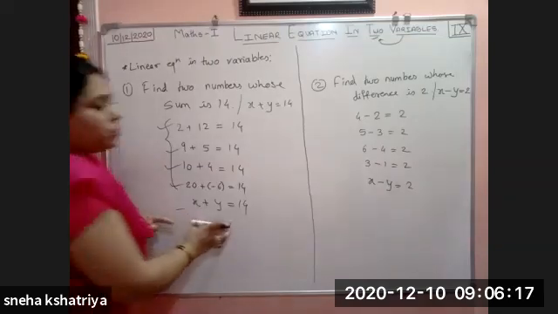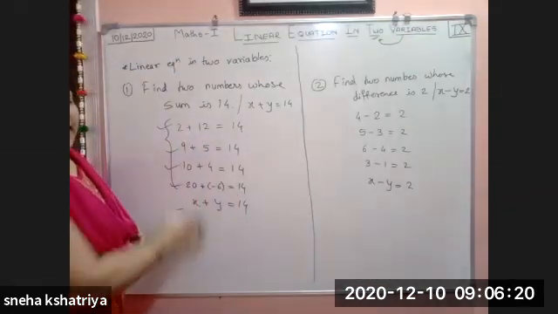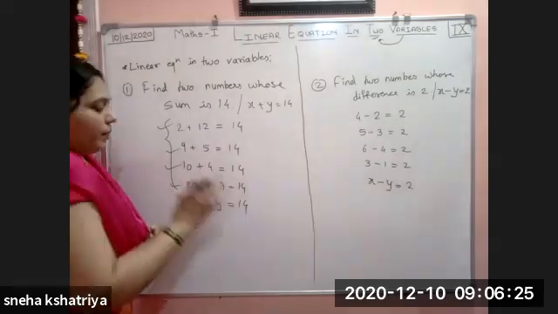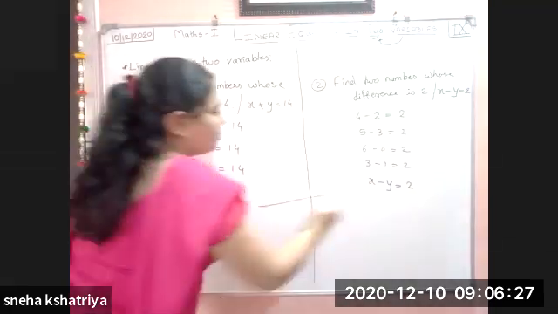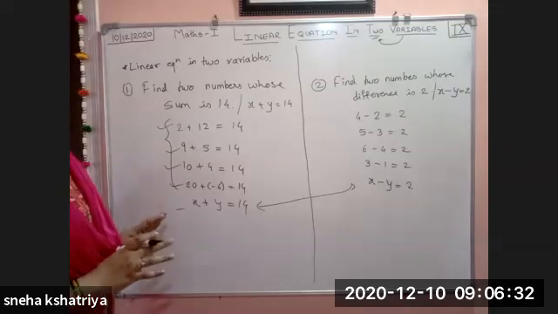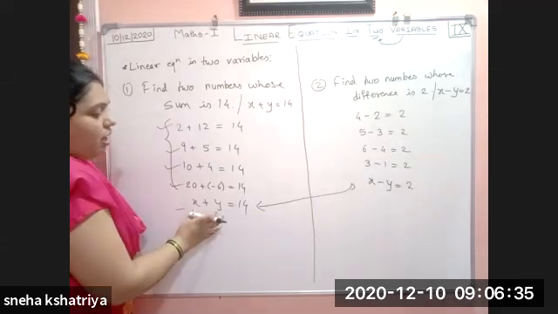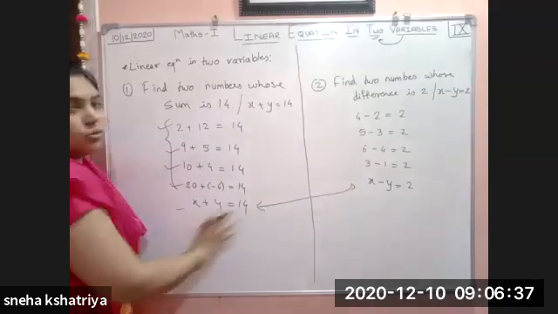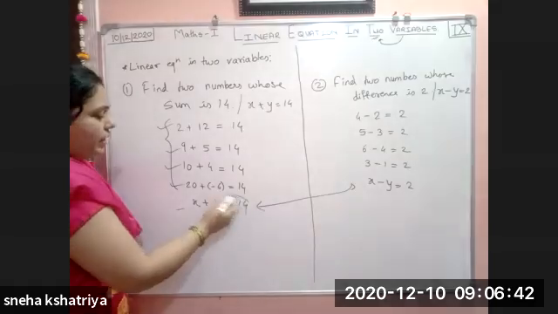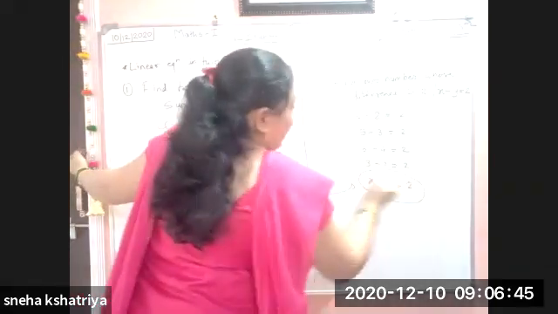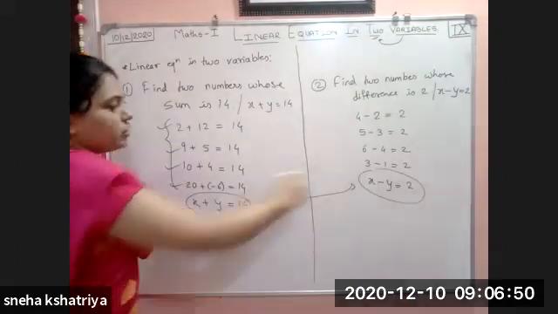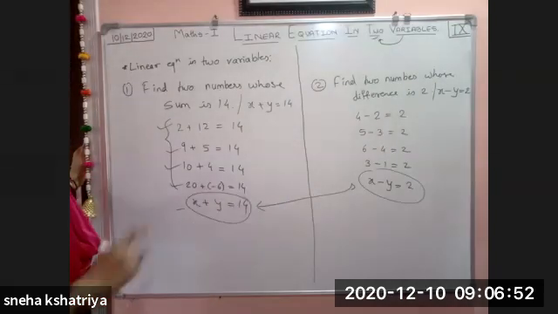Now, these two linear equations we have, but they have too many solutions. But we want such numbers which will satisfy only these two linear equations. What do we need now? Only these two linear equations are there, and we want only one solution, which will satisfy both the conditions. Means what?